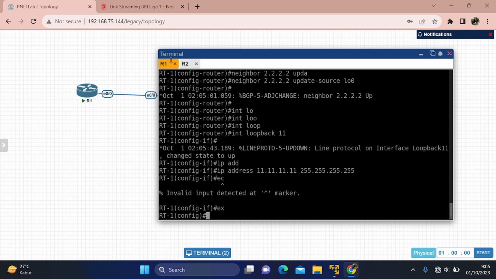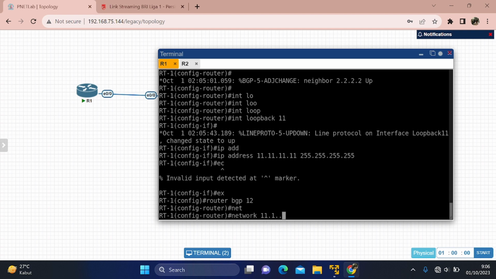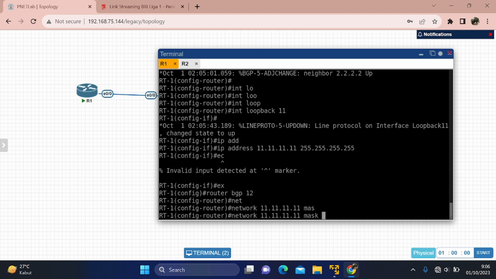And then back to router BGP 12, and then the network is 11.11.11.11 and the mask is 255.255.255.255.